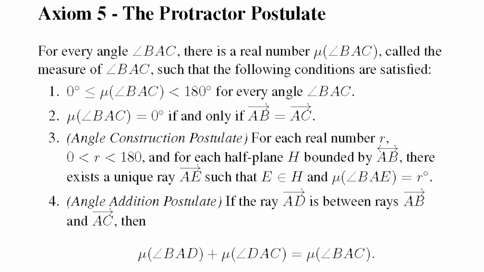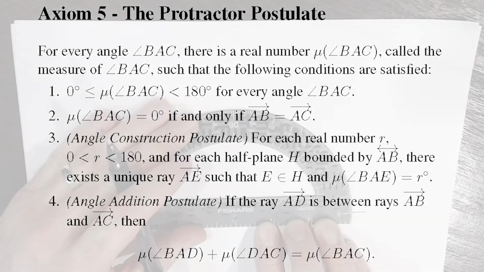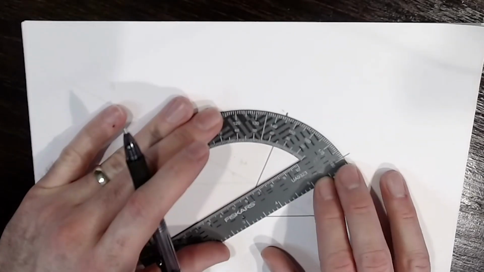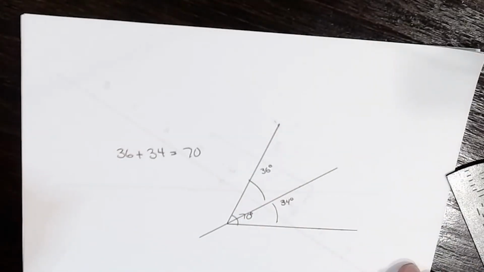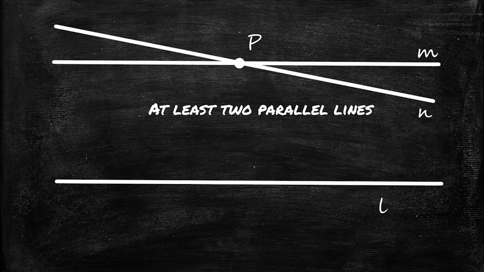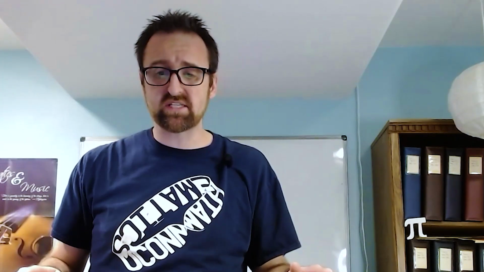To help our discussion out, we modernized the question a little, gaining a more modern treatment of Euclid's first four axioms in what's called neutral geometry, and finding that the question of whether we could prove Euclid's fifth postulate came down to a question of proving or disproving each of three possible parallel postulates, where for each line L and a point P off the line, there's either no lines through P parallel to L, one parallel line, or at least two parallel lines. And it turns out that we can make some decent progress on that question.